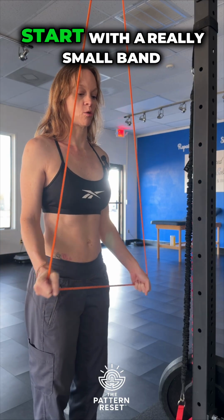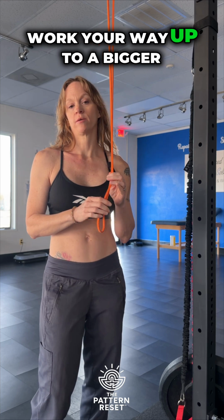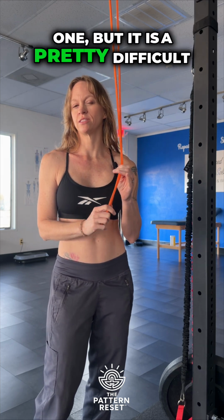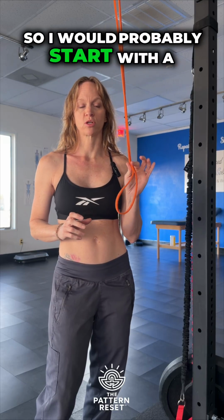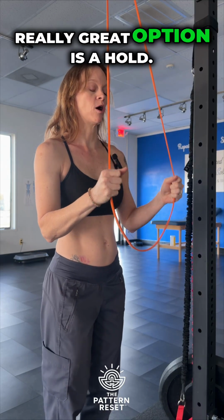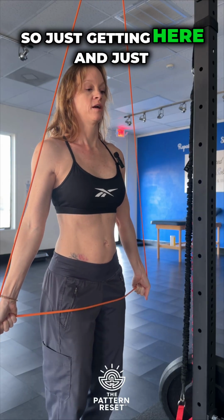You can start with a really small band like I have here, and then you can work your way up to a bigger one, but it is a pretty difficult exercise, especially to start. So I would probably start with a small one. A really great option is a hold. So just getting here and just